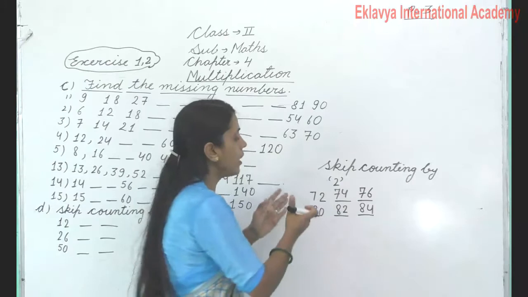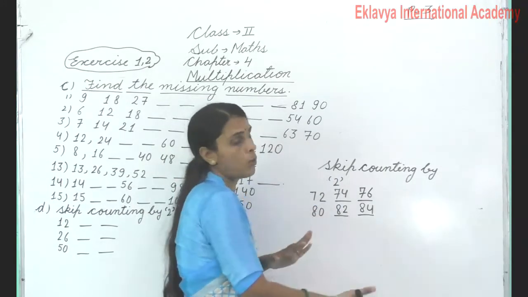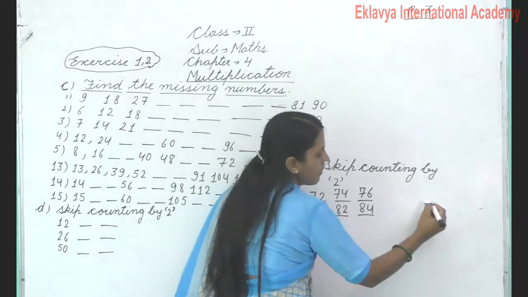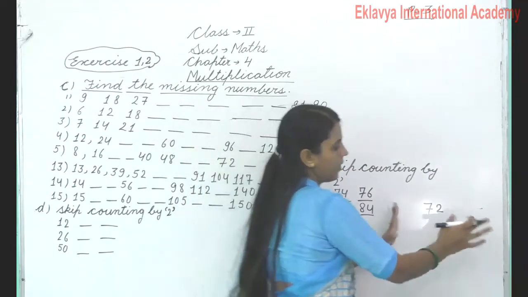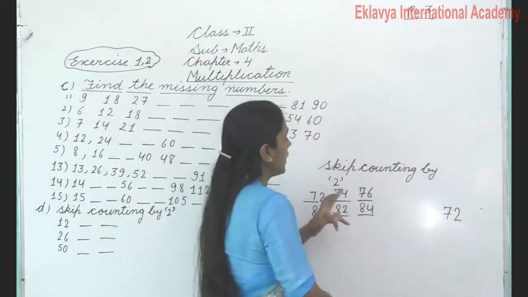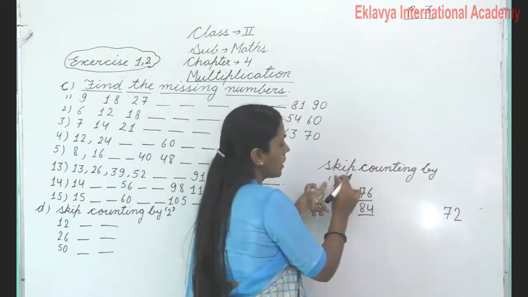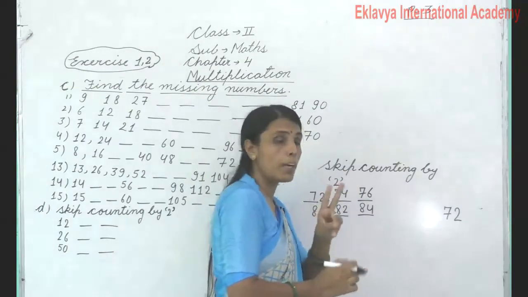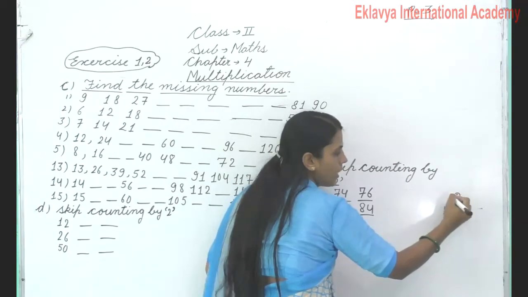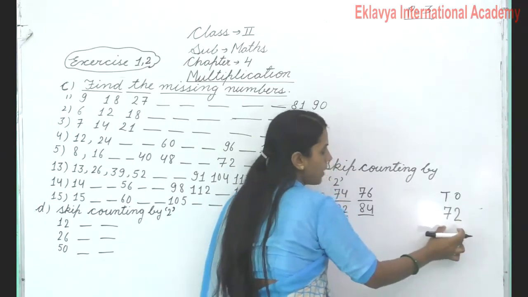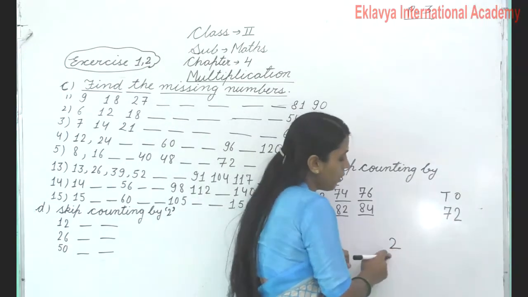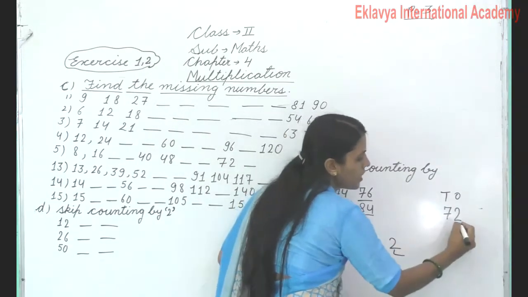Okay. And we can do another type also. Listen, I have taken 72 here. We will put the number 72 on the rough side. Okay. Like this, on the rough side we will put the number 72. Okay, like skip counting by 2. आपको किसकी skip counting करनी है? 2 number. Okay. Listen, this is your tens number. We will put tens here. Do you know? This is your tens number. And 2 is your ones number. 2 is your ones number. So we will put the ones number down in the ones place.